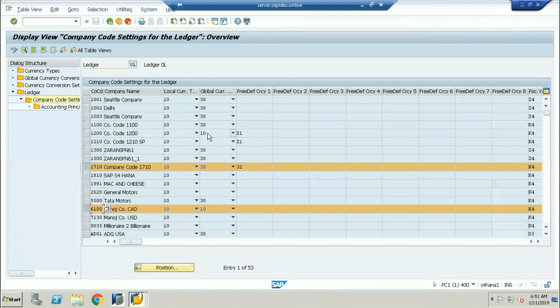Sir, on the client level, we have one currency, right? I'll tell that, I'm coming to that question, sir. So this concept is very clear to all of you: the first two currencies, local currency and global currency. Any doubts? Okay, Mahesh. Yes, I'm Harsh. So controlling area currency 20 is never used in HANA? Never. 20 is never used in SAP S/4HANA. Now we are moving from 20 to 30.